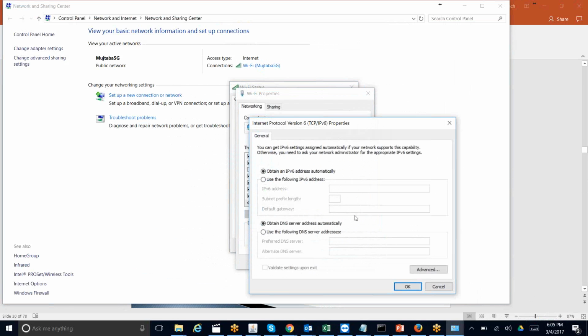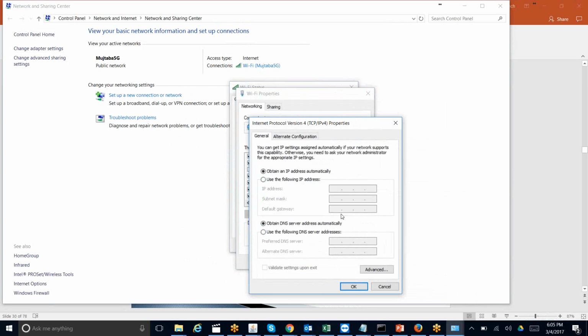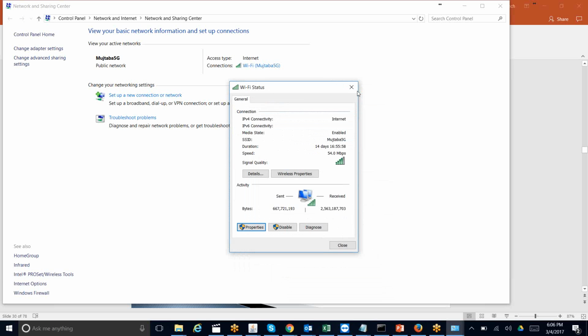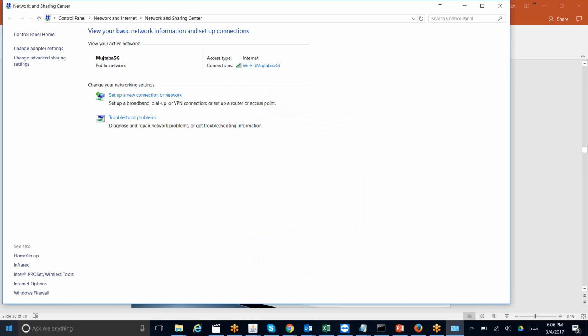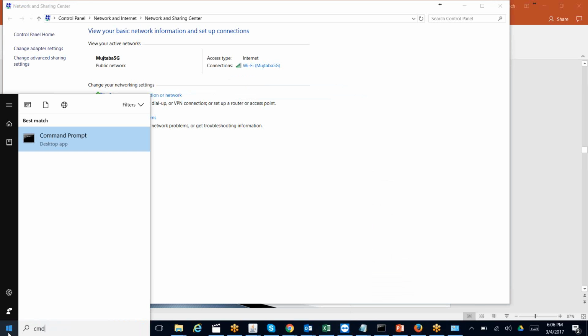Properties. Here is the IP address that we put in. So do you see? Obtain an IP address automatically is selected here, and you don't see anything. That means this laptop is getting an IP address from the router directly using the DHCP protocol. And if I do it,